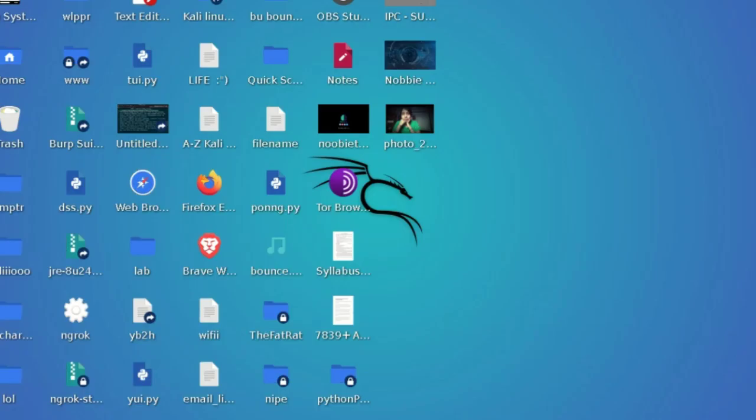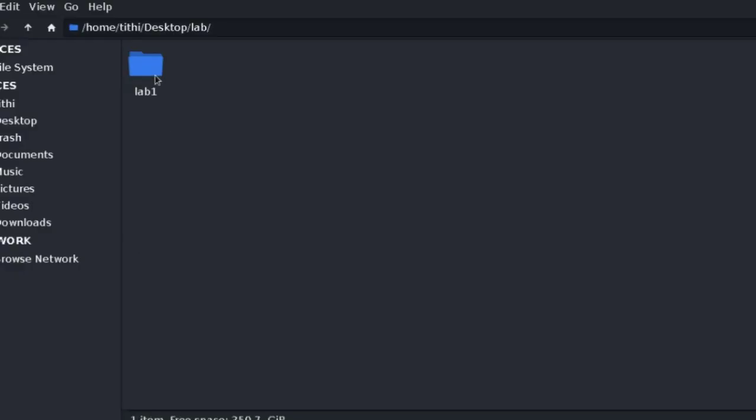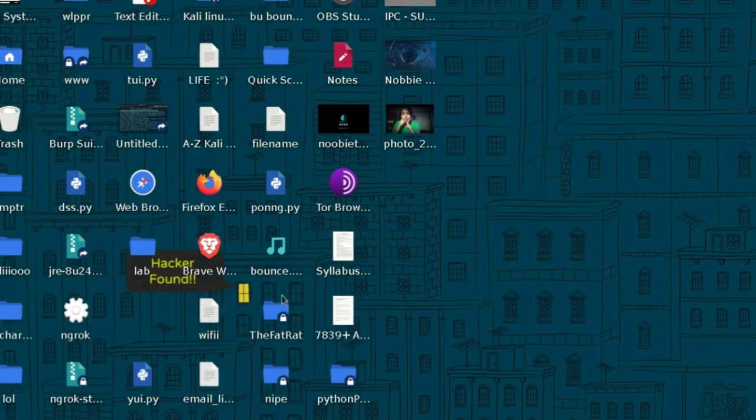Just I am on desktop right now. You can do it somewhere else too. So see, we have got the lab directory. If you go inside the lab directory, you will find lab1 also that we made through it, and it is an empty directory. Just like this, you can make several ones just by terminal.